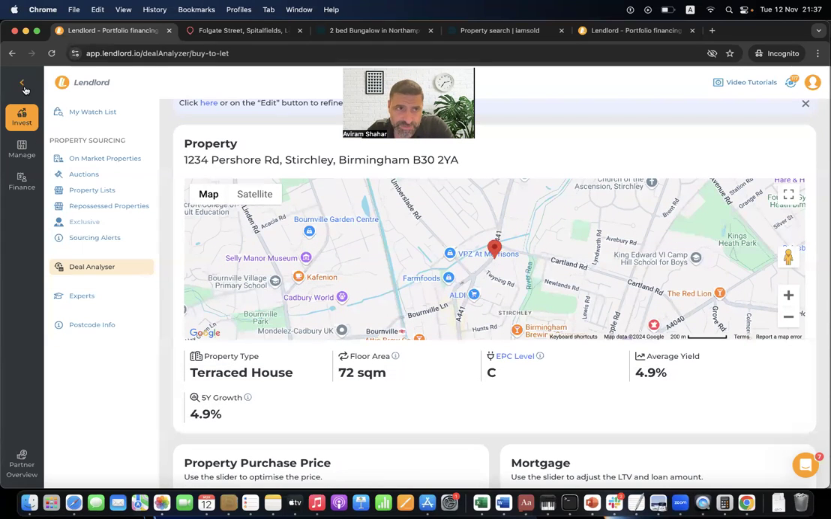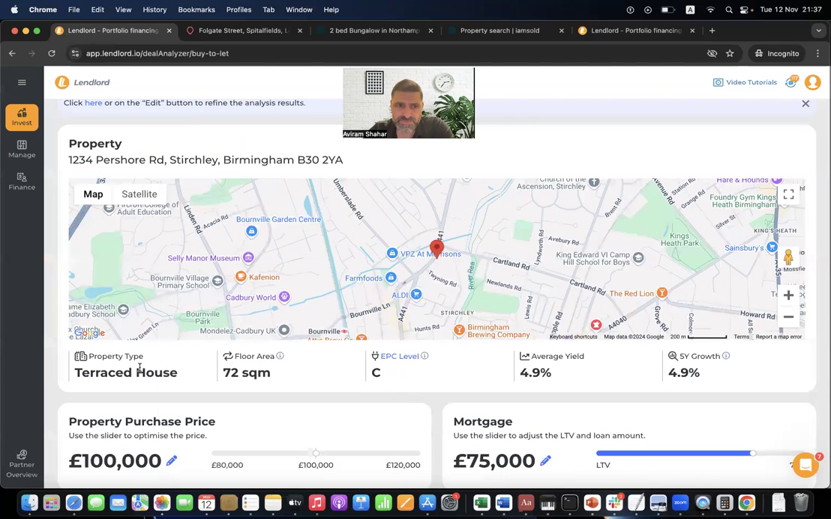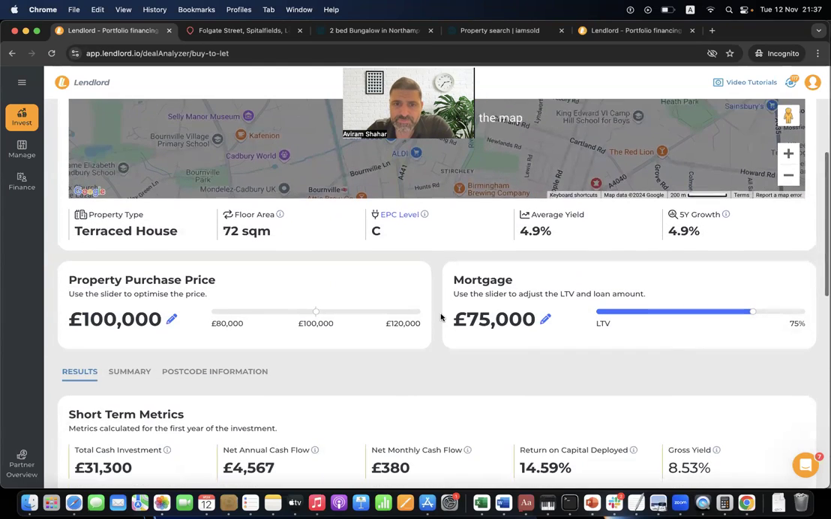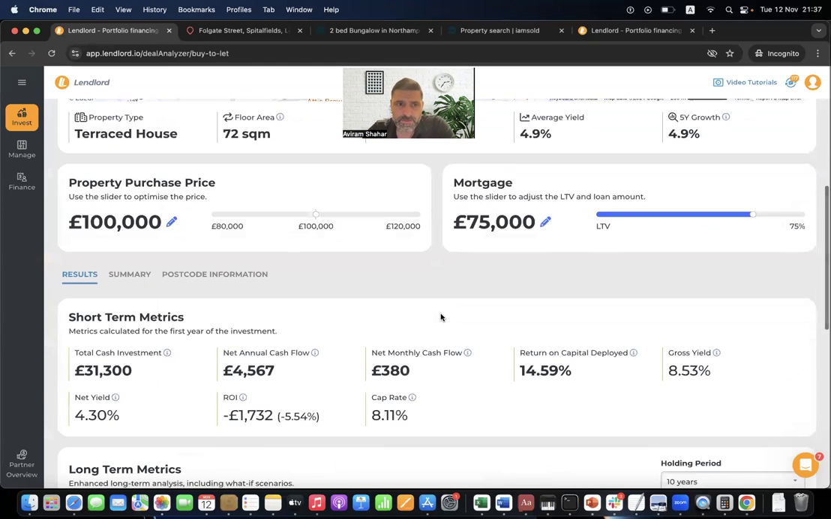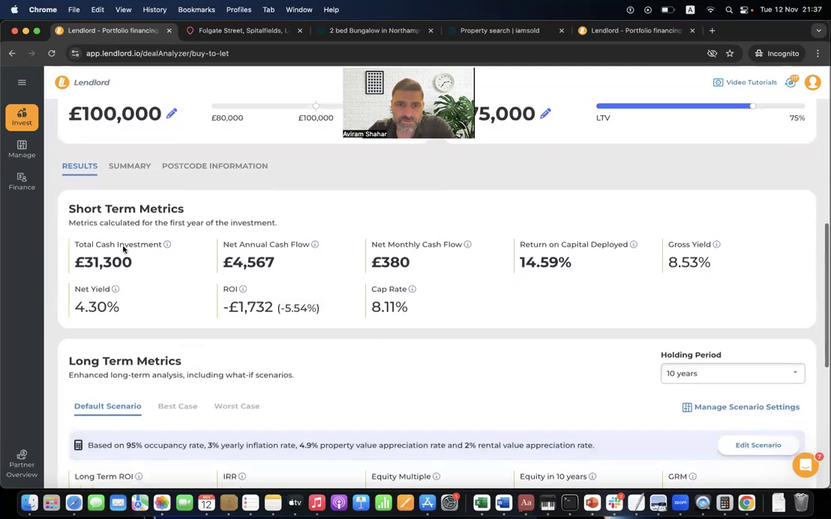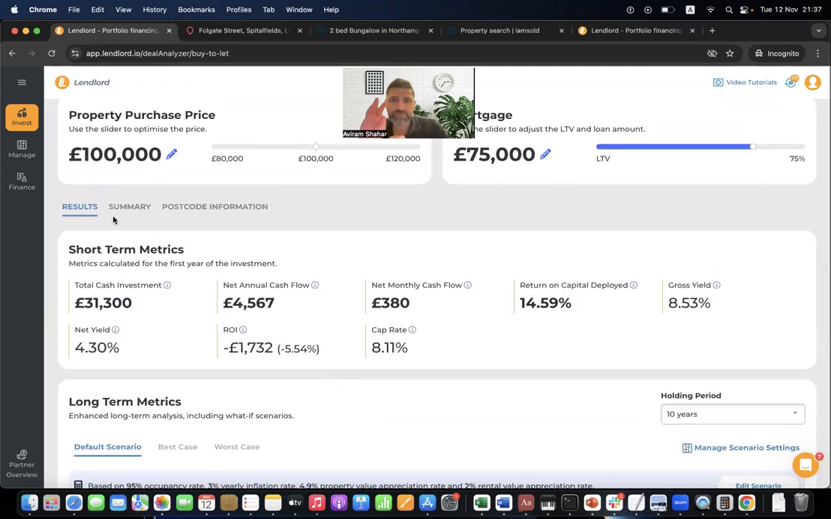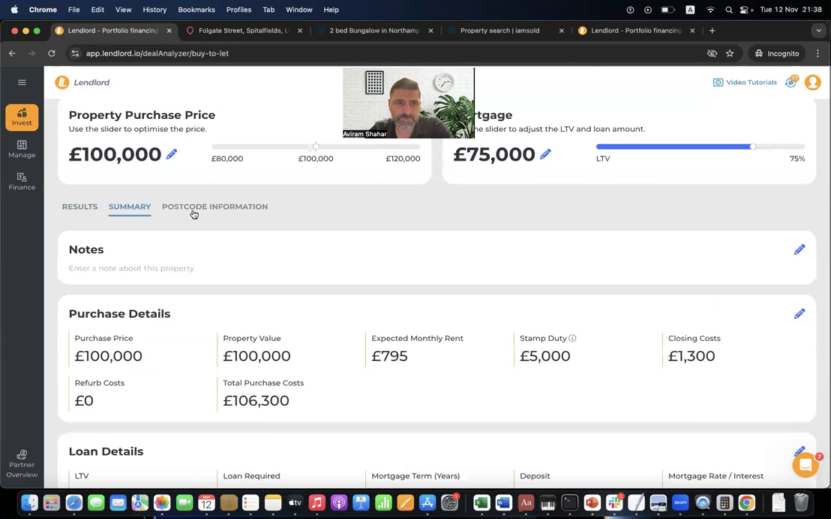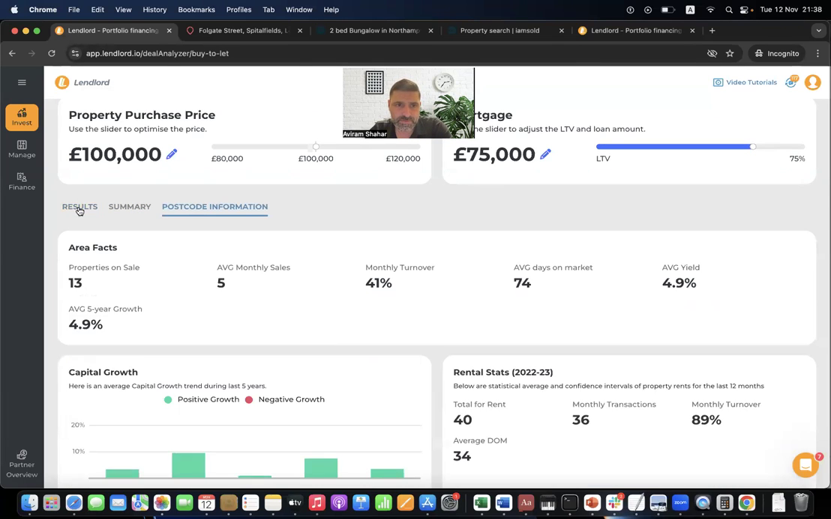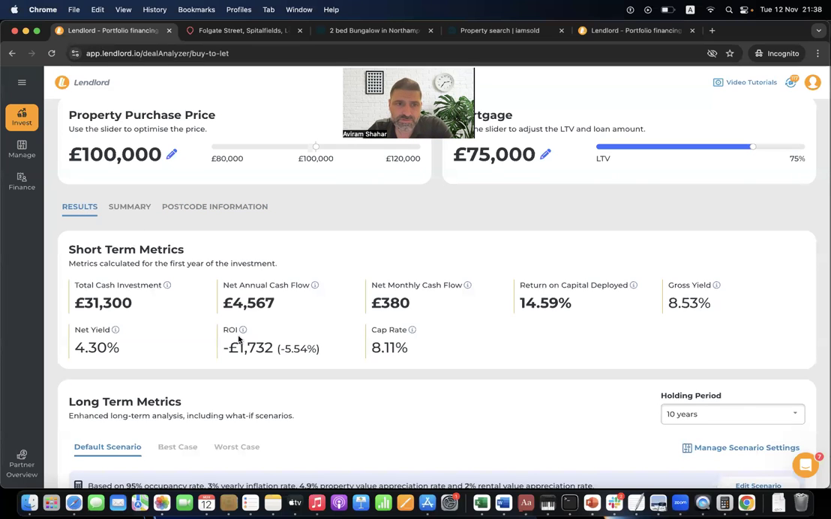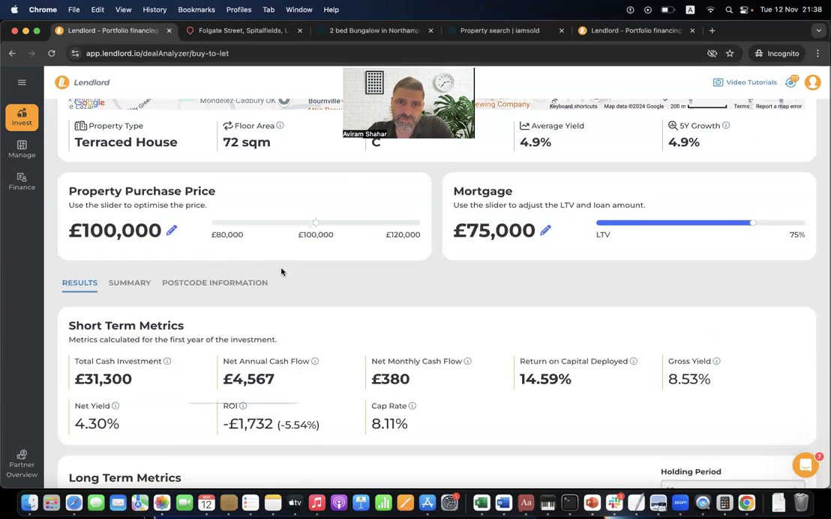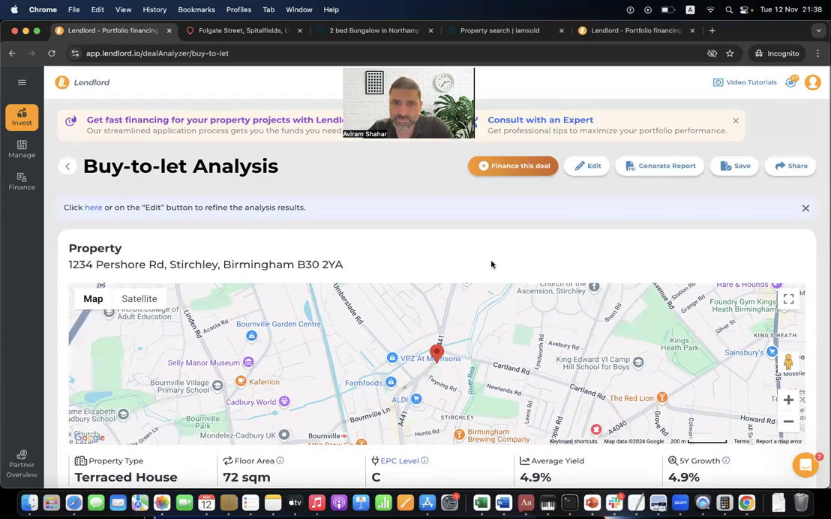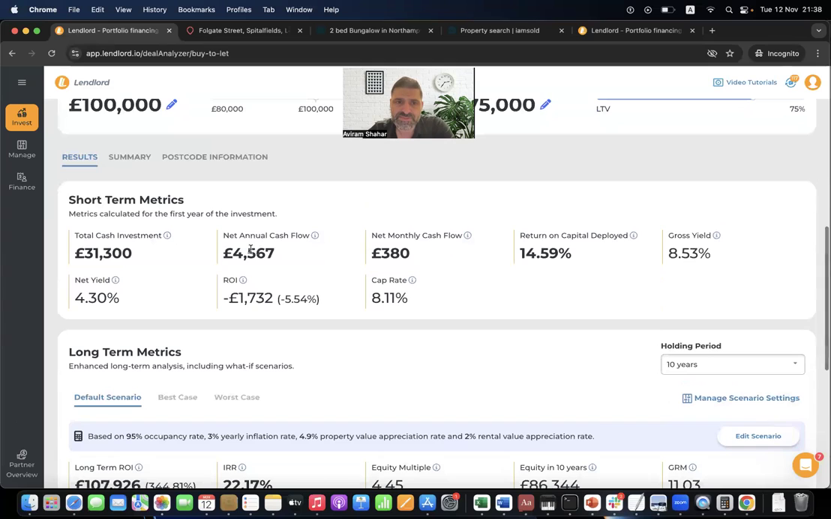You will see that you will get immediately some information about the property, the Google map, and the results. So here it's very important to see. You have 3 tabs: results, summary, and postcode information. Okay, the results are based on the data that you inputted in the beginning, but on some assumptions that the